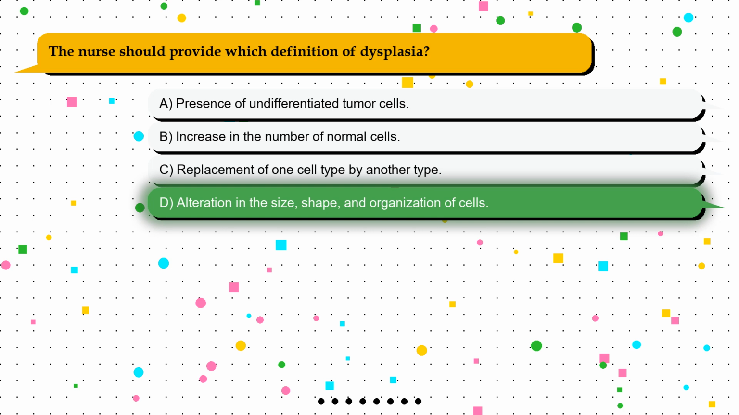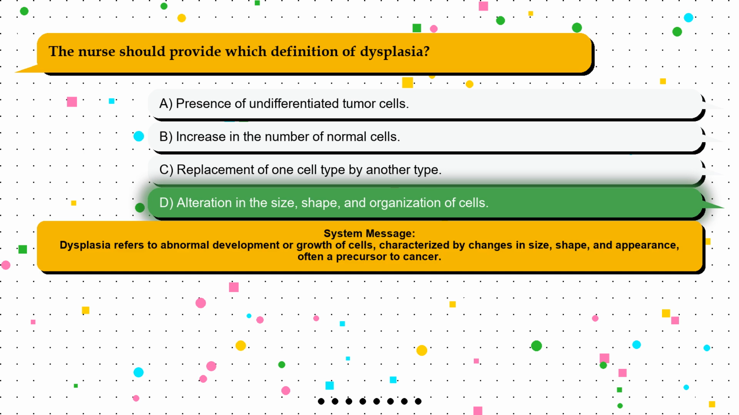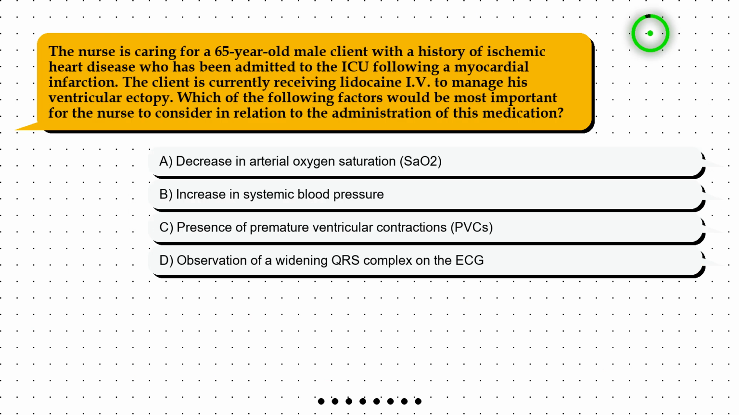The correct answer is option D, alteration in the size, shape, and organization of cells. Dysplasia refers to abnormal development or growth of cells, characterized by changes in size, shape, and appearance, often a precursor to cancer. Question 3. The nurse is caring for a 65-year-old male client with a history of ischemic heart disease